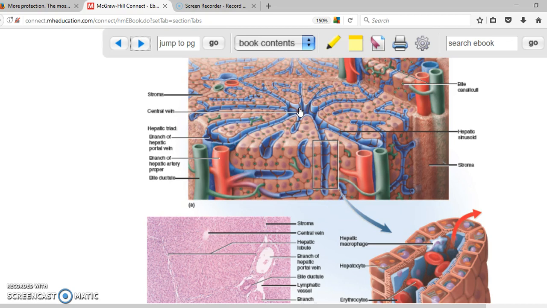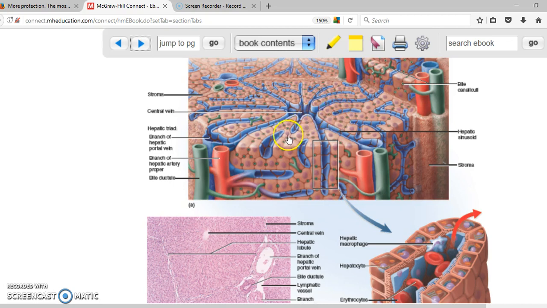The central vein eventually will turn into the inferior vena cava. So all this blood that you have right here gets mixed, and every single cell, hepatocyte, is going to process this blood. I mean, it's going to detoxify it, it's going to produce bile, etc. At the end, after it gets processed by these hepatocytes, it's going to end up in the central vein. And from the central vein, the blood will go back to the heart using the